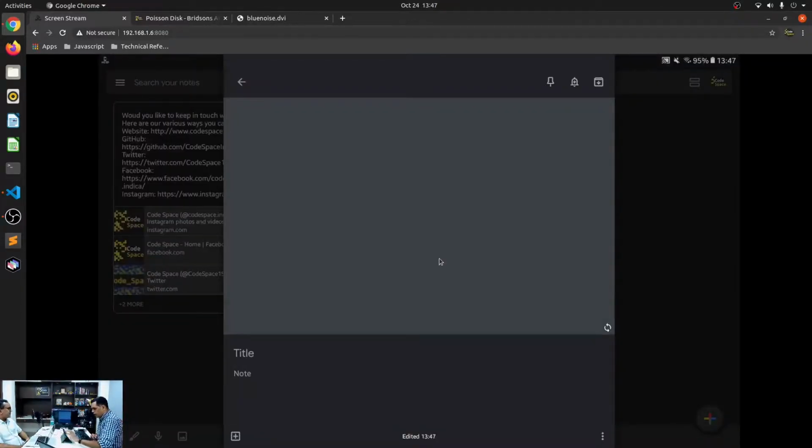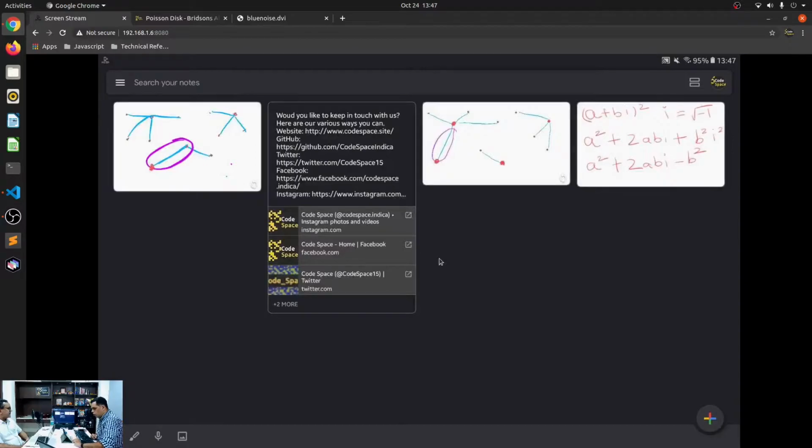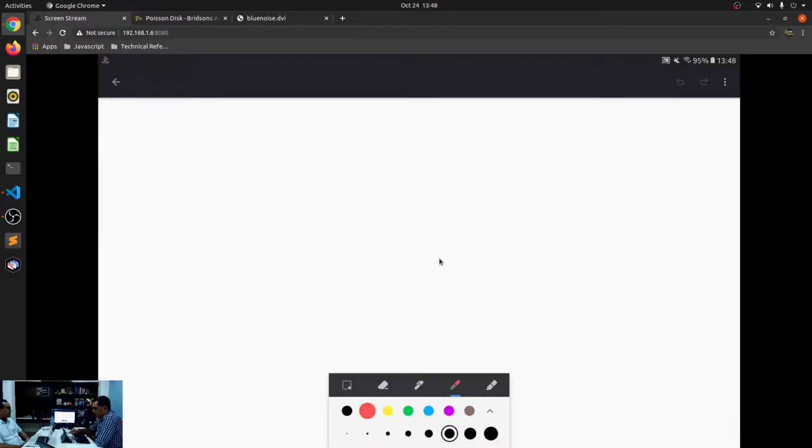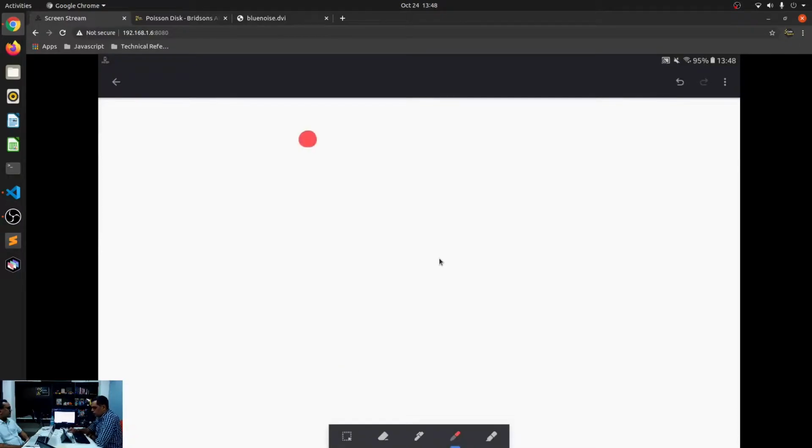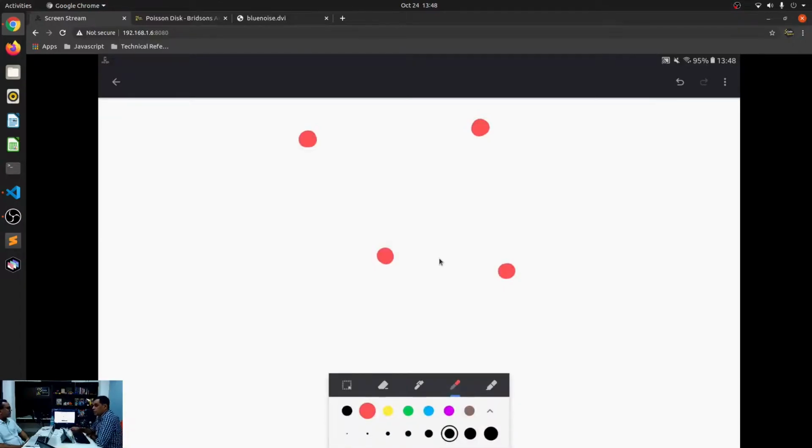All right. Now let's look at how Bridson's algorithm works. What he says is to forget about the grid at this point, but let's just consider that we have some points that we've put here on the screen. So I have 1, 2, 3, 4 points already on the screen. These are points as well as active points.